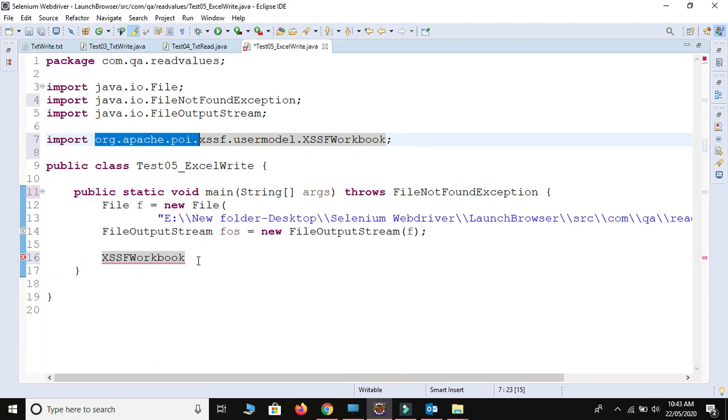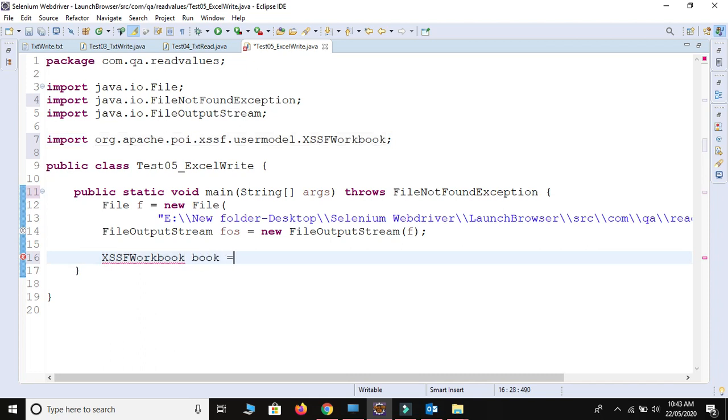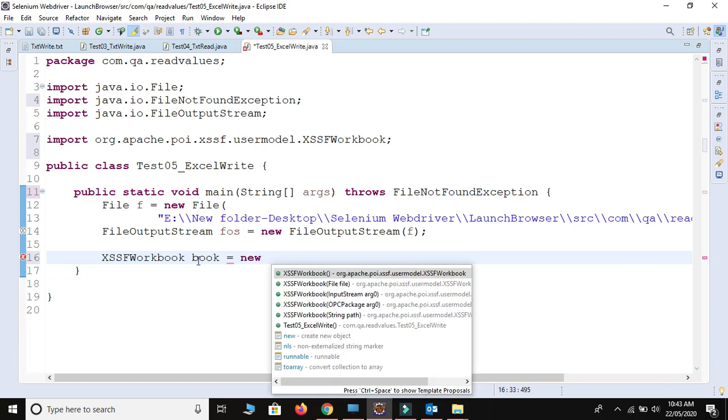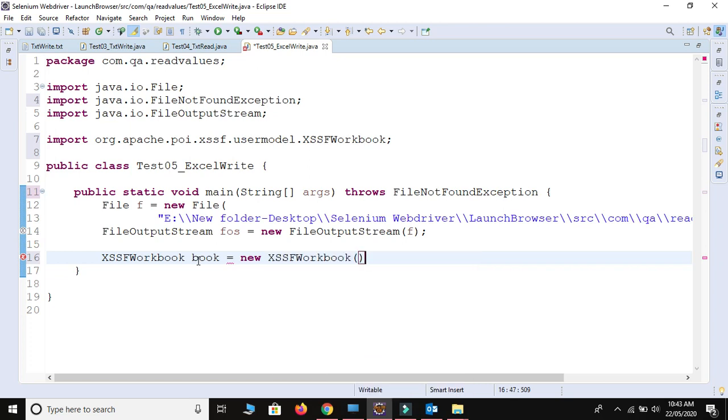Okay, so we are going to create a book. So we use XSSFWorkbook book is equal to new XSSFWorkbook. Inside the workbook we create some sheets.